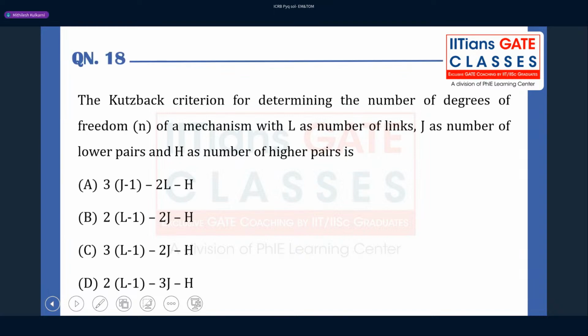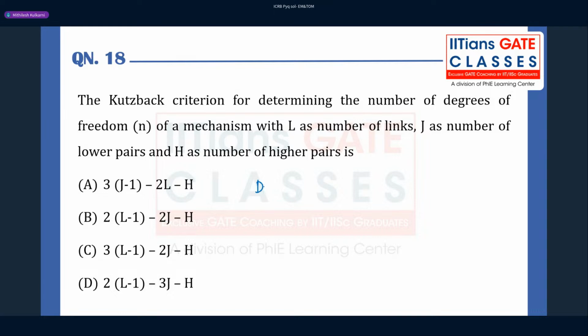Next question is from the theory of machines, about the mechanisms and machines topic. It is asking us for the Kutzbach criterion for determining the number of degrees of freedom of a mechanism, with L as the number of links, J as the number of lower pairs, and H as the number of higher pairs. We know the formula that